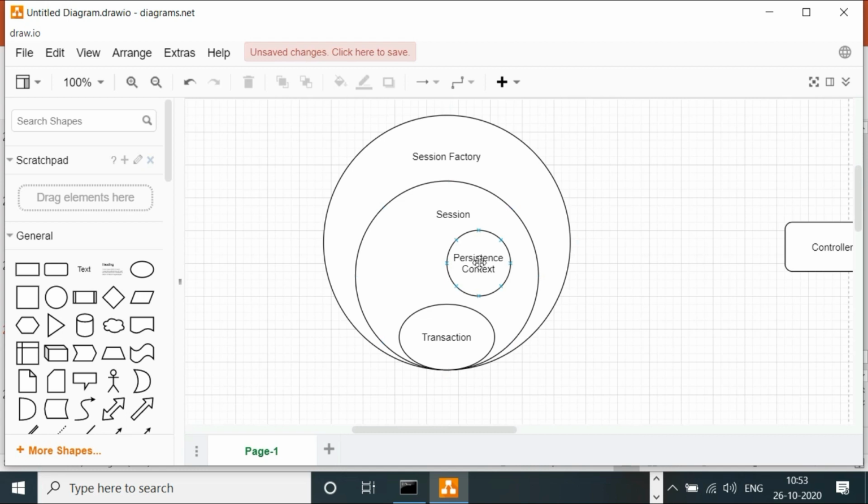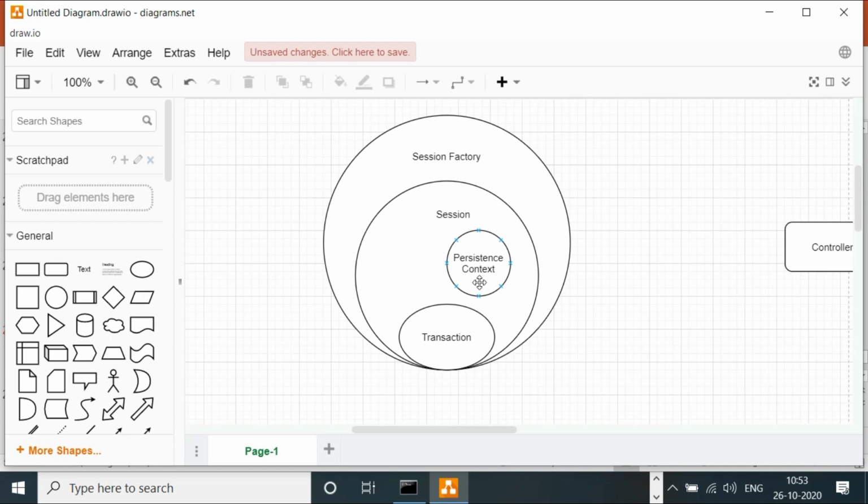Now the second time you try to get the same object from the database, the Hibernate session is smart enough to search the persistent context first. If it is there, it will return you the same object without going into the database. This is how the number of database queries reduces and hence your efficiency increases. So this is the importance of the persistent context. If an object is in the persistent context, that means it is in the persistent or managed state, and you don't have to hit a database query.